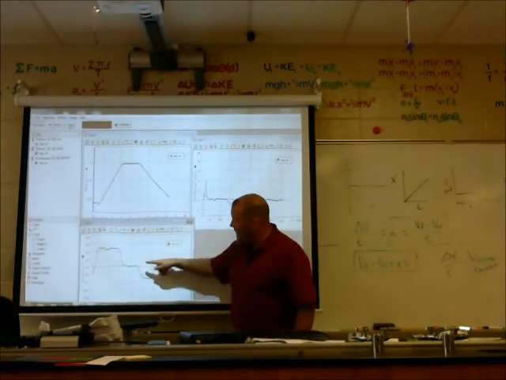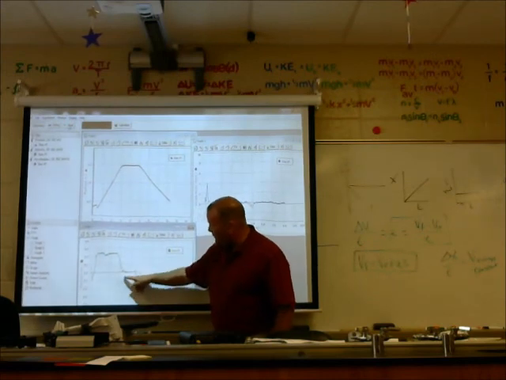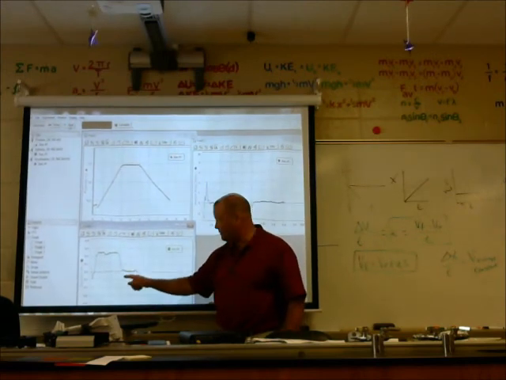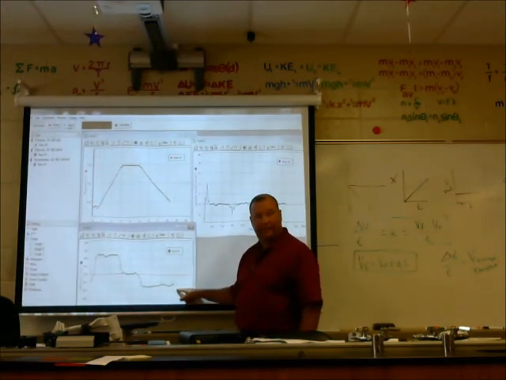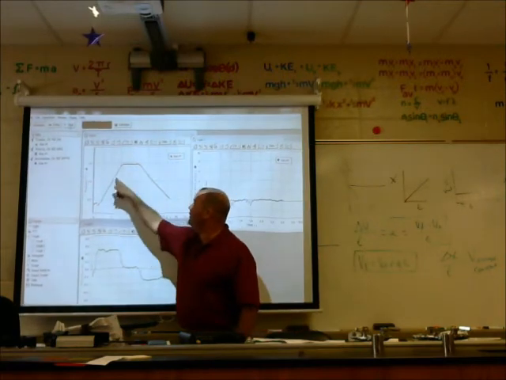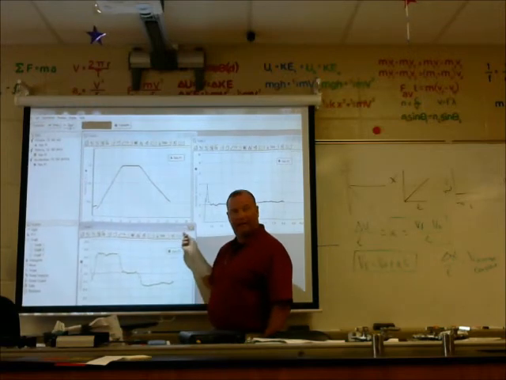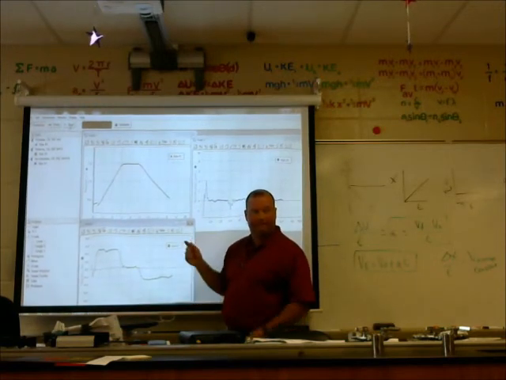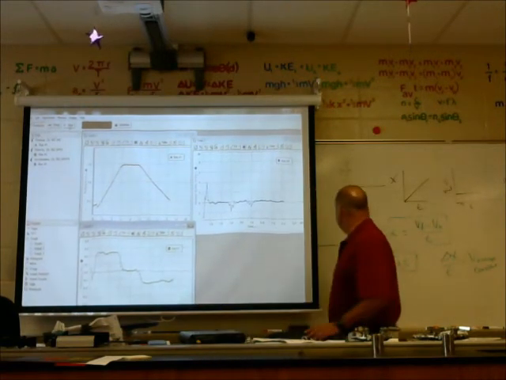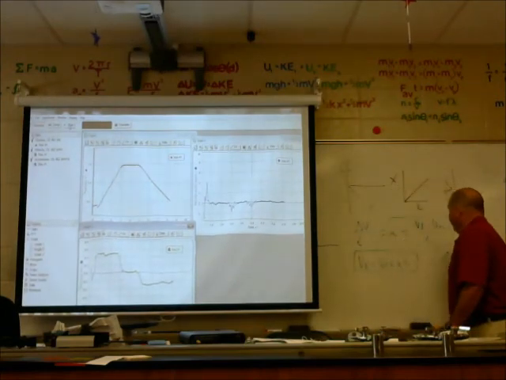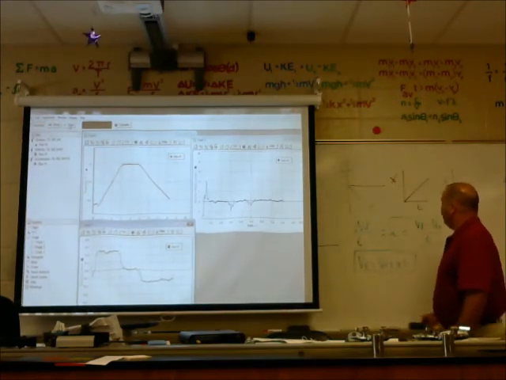What about my velocity here? Went from here to 0 while it was against the ramp, then to negative. All right, so everybody good there? Position went up. This is where it's compressing the spring and then starting to come back. So everybody good there? All right, then the last little part of what we'll talk about here on our graphs,